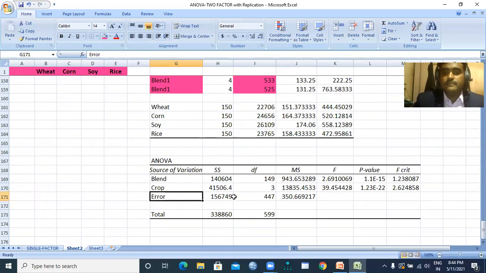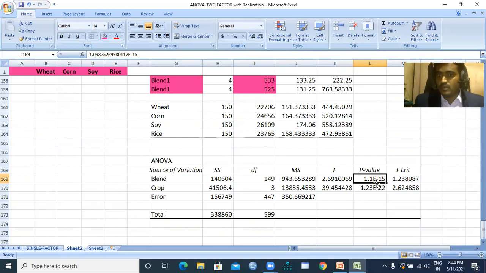From this we can understand that three different blends, three different fertilizers, are showing a significant result. Fertilizer 1 is different from fertilizer 2. Fertilizer 2 is different from fertilizer 3 because of the p value.